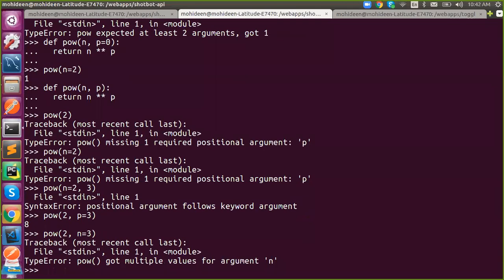A type error would be raised if you intentionally pass two inputs to the same parameter: 2 will be assigned into n, and again you are sending a value to n. But in this case, you are sending a mix, so this will be assigned by keyword and this will again start from positional. So it is collapsing, and it raised a syntax error.